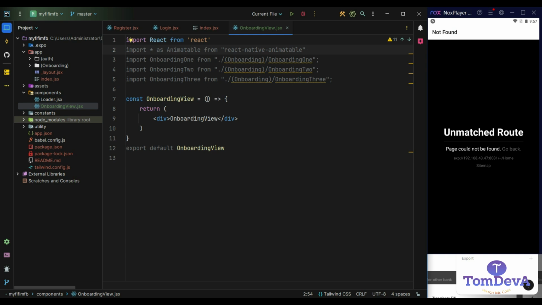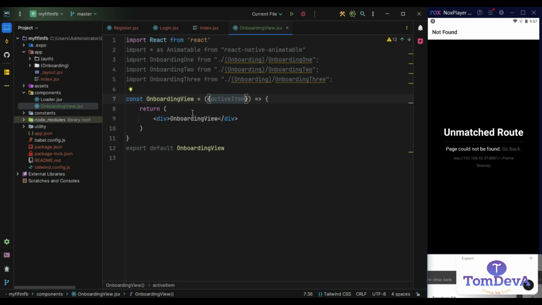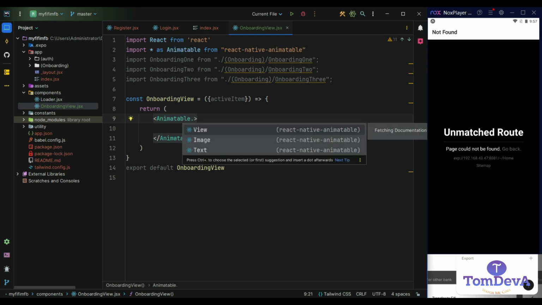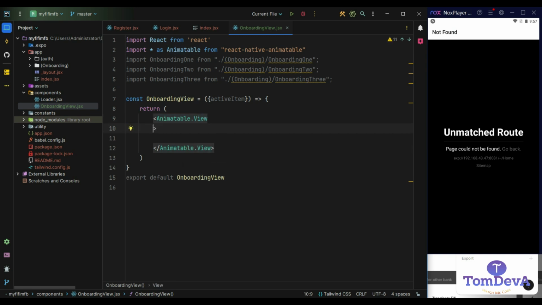Okay, so now let's start making use of it. First of all, we need to destructure the active item that will be passed there, and in our return statement, we're going to have the Animatable.View, and inside of it, let's pass a few props there. So we have the key, just like everything we have in the previous screen. We have the key, which is equal to active item,